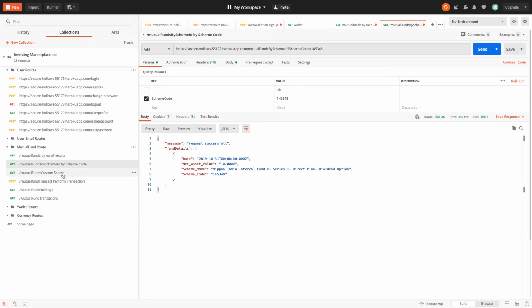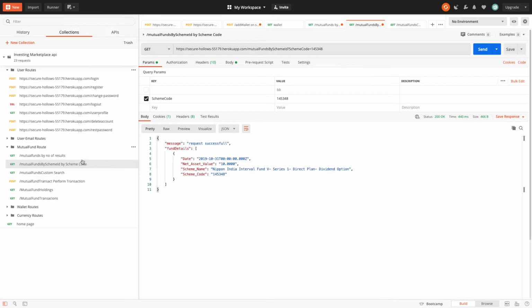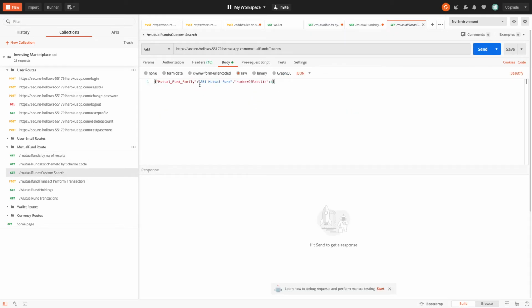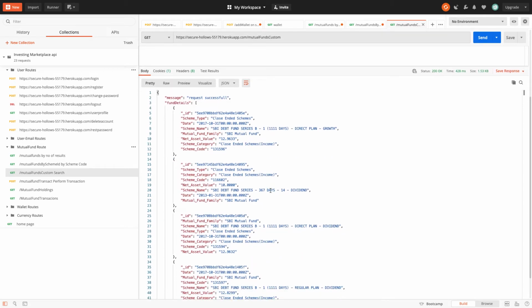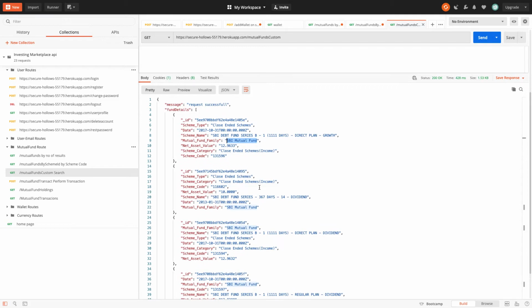This is now we can also search in a different way. I've made a custom search. You can club fields and search according to your wish, and it will give you a sorted result. Like I want a mutual fund family, I want all funds from SBI mutual fund, and I want top 4. It can show me. So it will show me those 4 results of SBI fund family. I can search different ones, and okay.